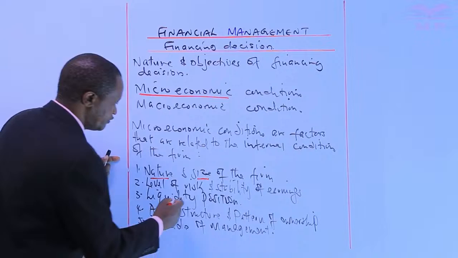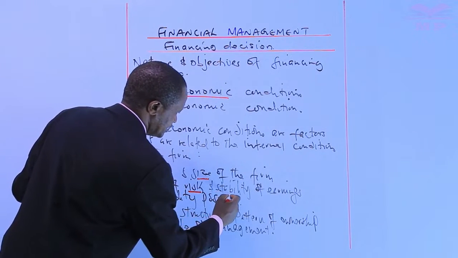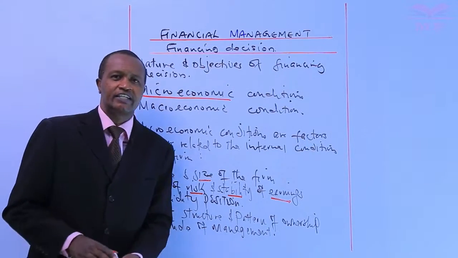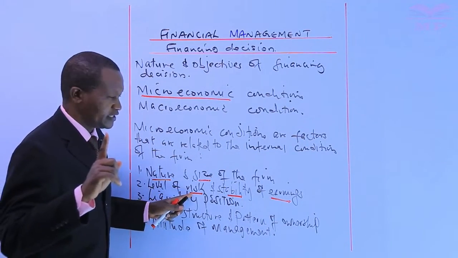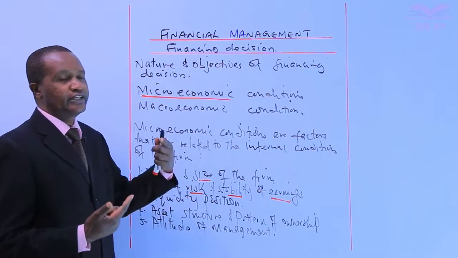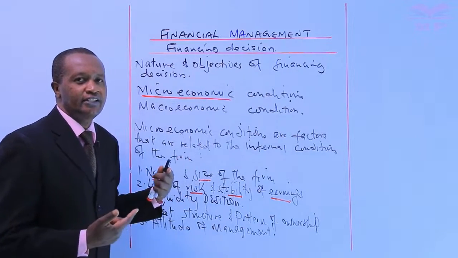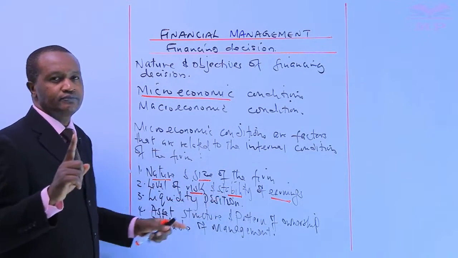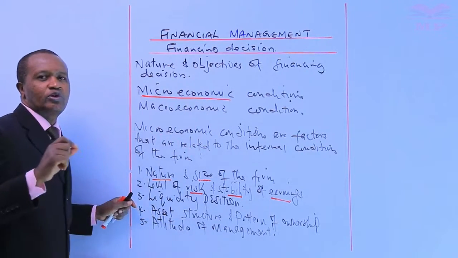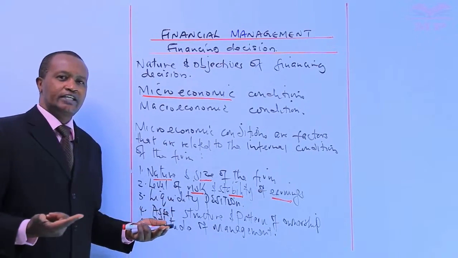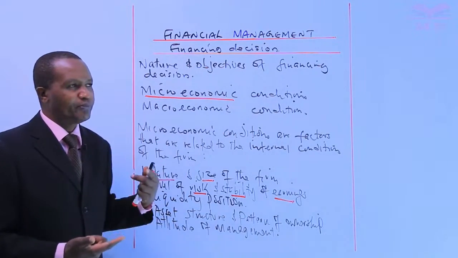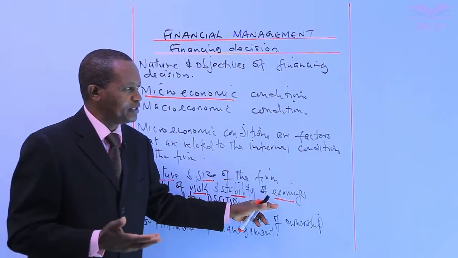Then there is the level of risk and stability of earnings. Candidates, risk is another important factor influencing financing decisions, because the greater the risk, the higher the discount factor. And therefore, risk influences the long-term investment decision or capital budgeting decision. Again, if risk is higher or if income is not stable, risk being higher means unstable income,